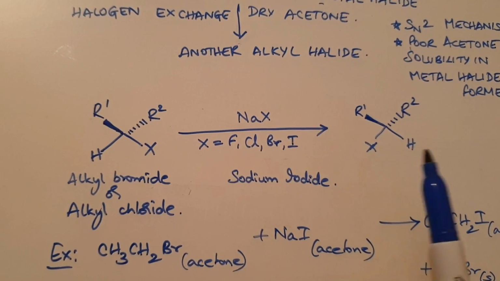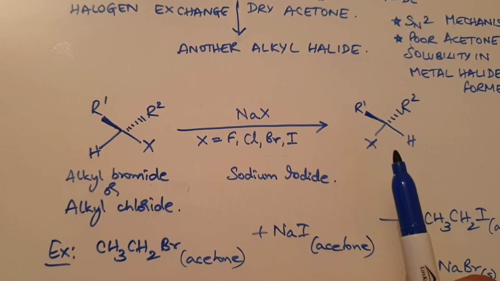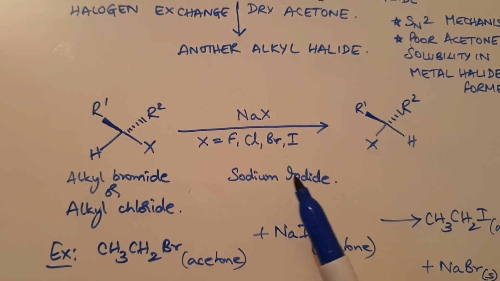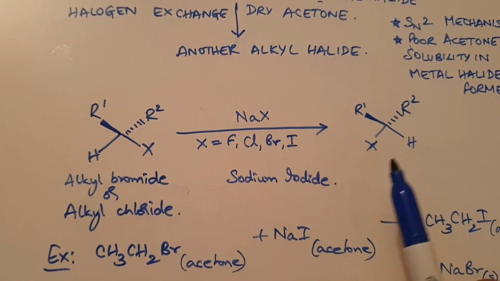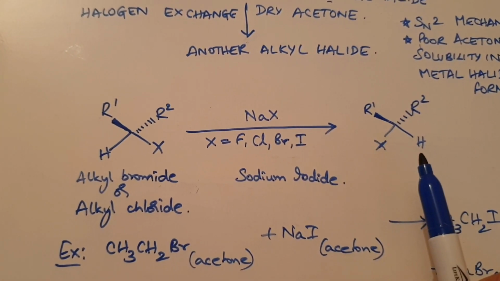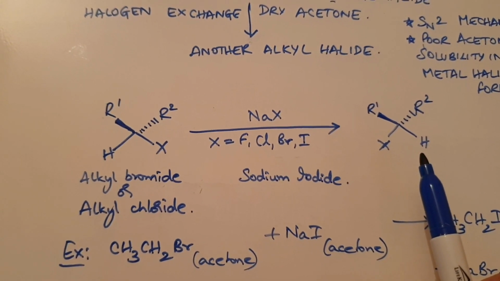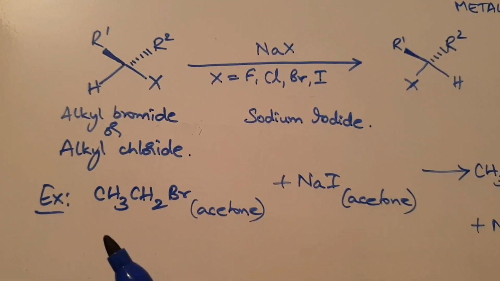So the resultant compound will have iodine in place of bromine or chlorine. And since it is SN2 mechanism, you will get the compound like this. So if you want to take an example,